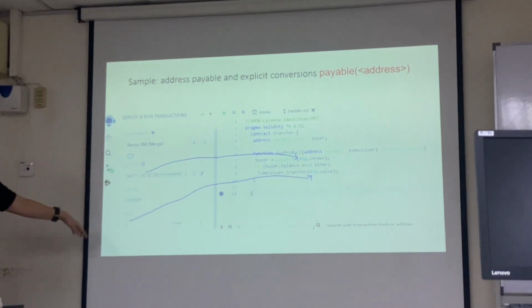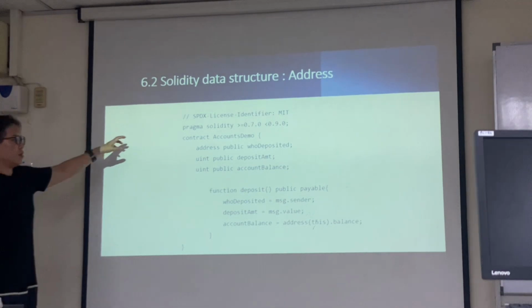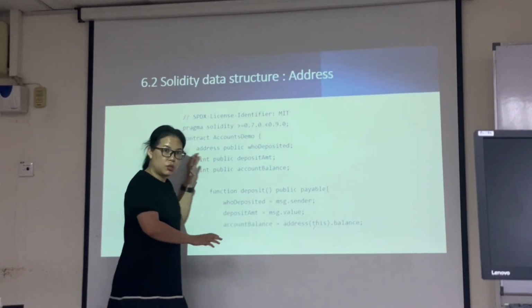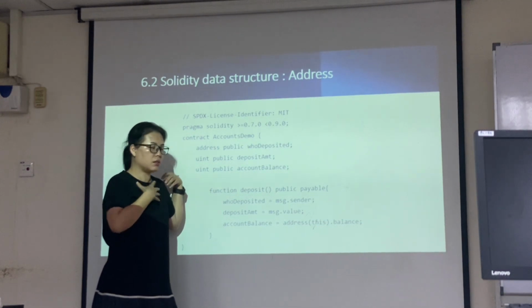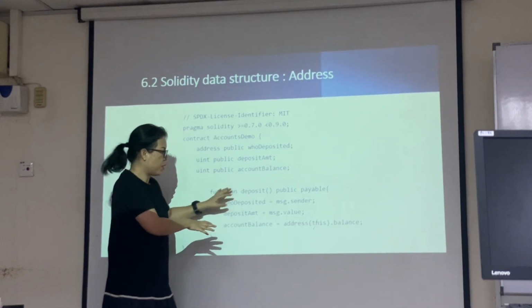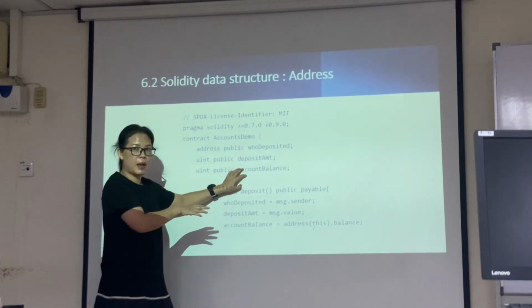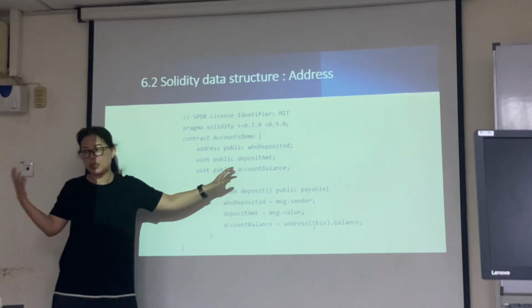This one is where you transfer money inside your contract. You, your guy, all of us can transfer money inside the contract. We can have a deposit this way, and we have a balance inside my contract to keep track of how much money we